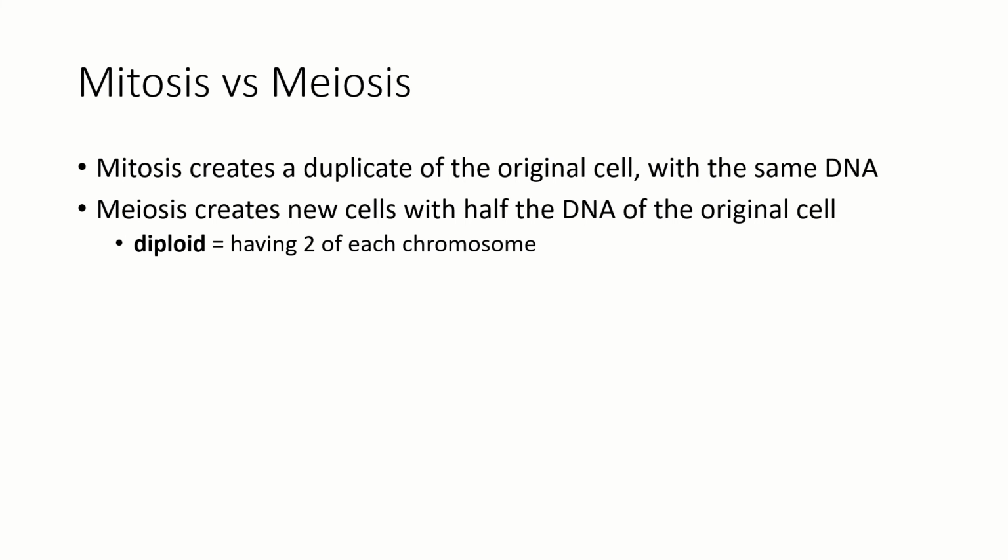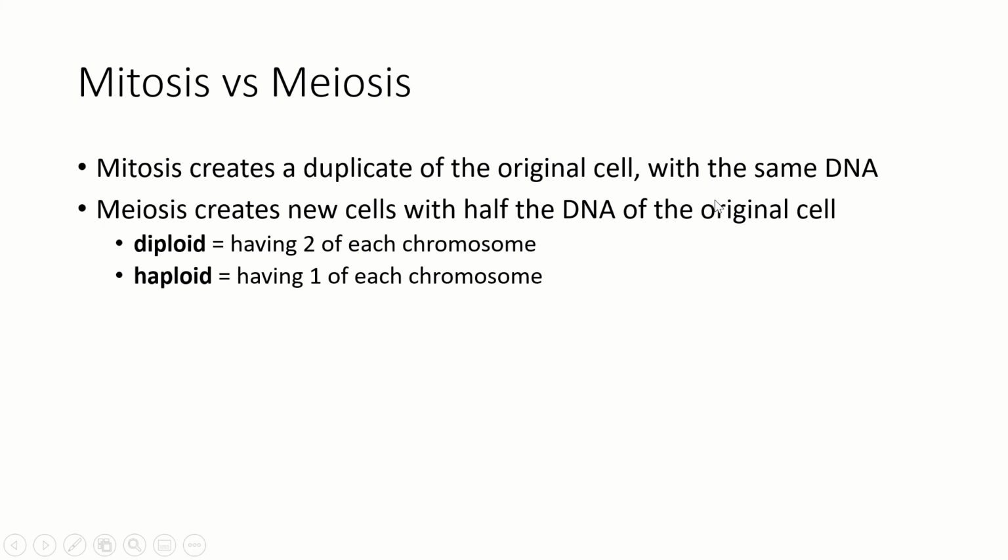All right, so cells that do meiosis are diploid. Plants mess this up, but we're just going to talk about diploid and haploid. Some plants are tetraploid. Diploid means you have two of each chromosome. Some plants have four of each chromosome, tetraploid, or six of each chromosome, hexaploid, or eight of each chromosome, octoploid, because plants are wacky. Okay, anyway, we're just going to use diploid and haploid for this lecture. So diploid means having two of each chromosome. Haploid means having one of each chromosome.